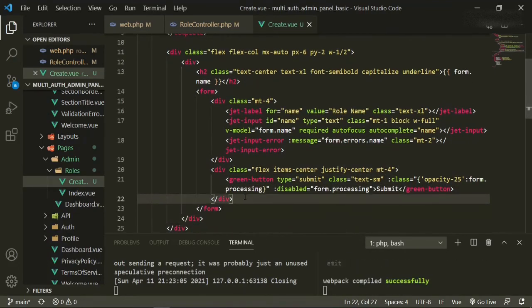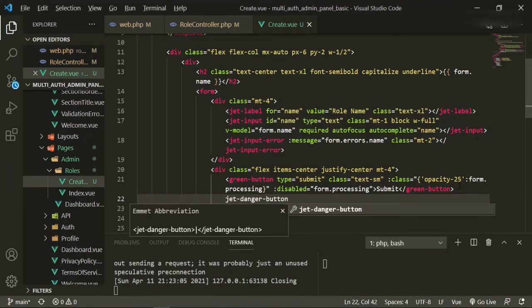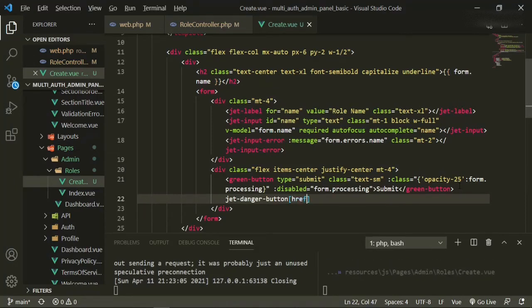Underneath this one, under the green button, we need to add jet danger button with an href equals, we'll just put hash for now. In the classes, we'll put text-sm and ml-4.